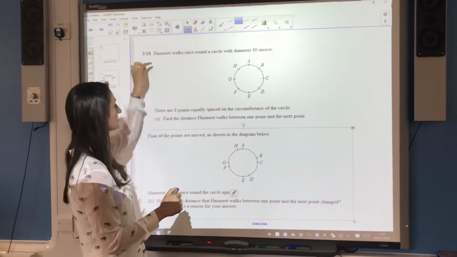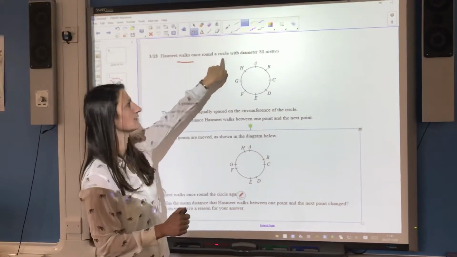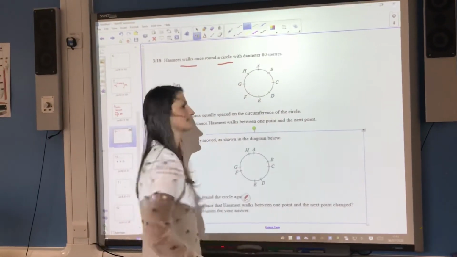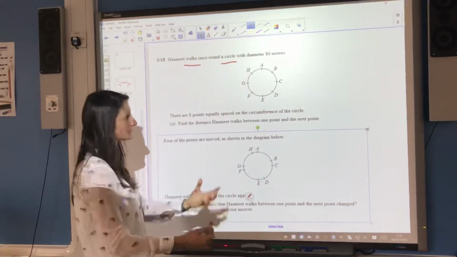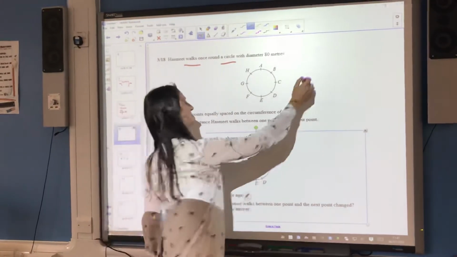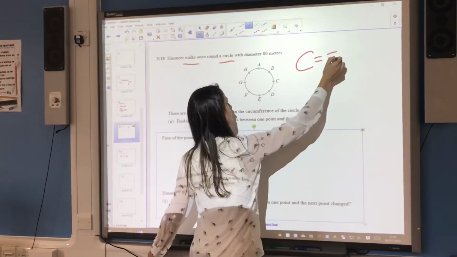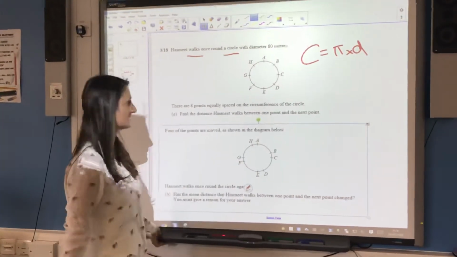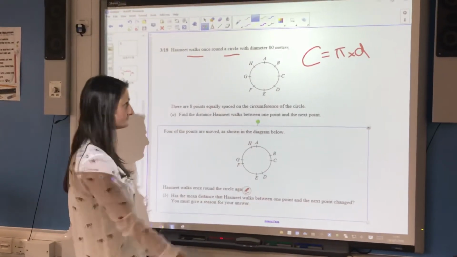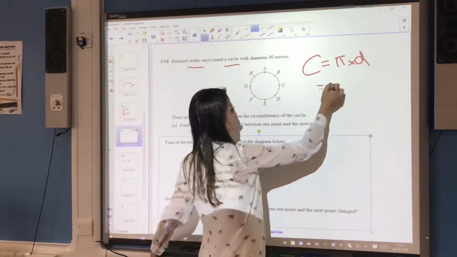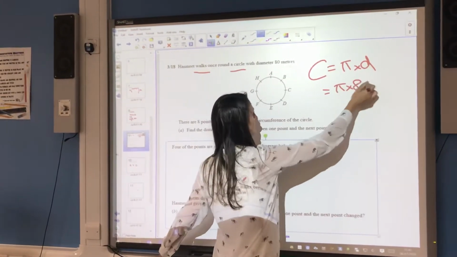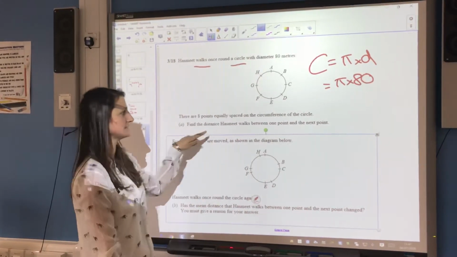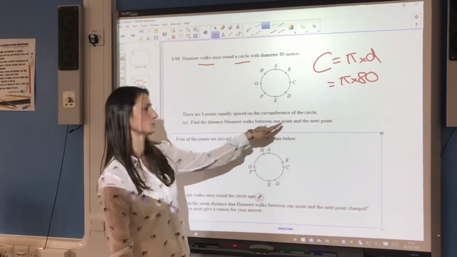Okay, so this question is talking about walking around the circle. So we're going around the outside, so that's about the circumference, the perimeter of the circle. So the formula we need is that circumference equals pi times diameter. So the diameter is 80, so all we need to do is pi times by 80. You can stick that into your calculators, but then it says find the distance he walked between one point and